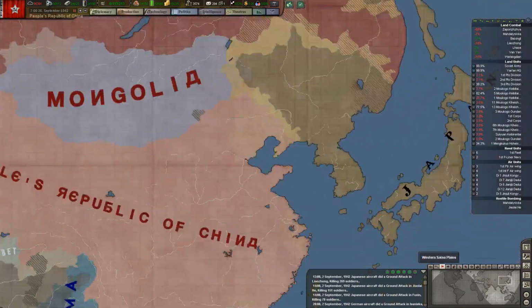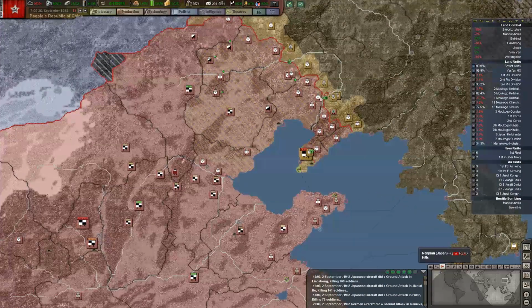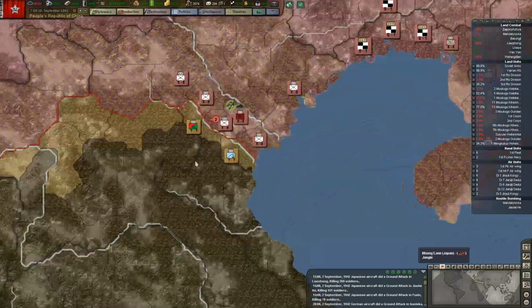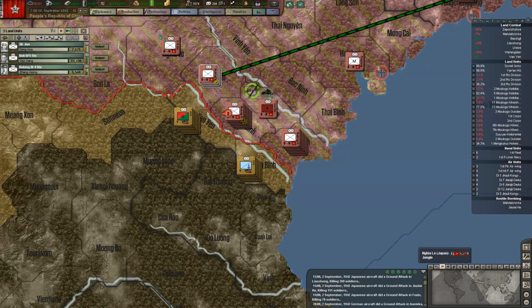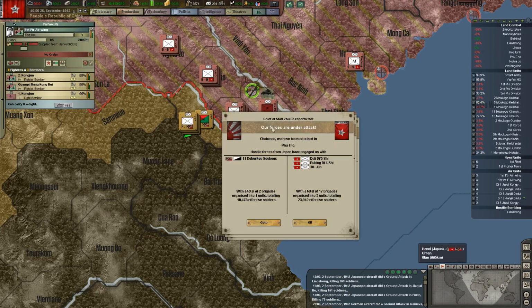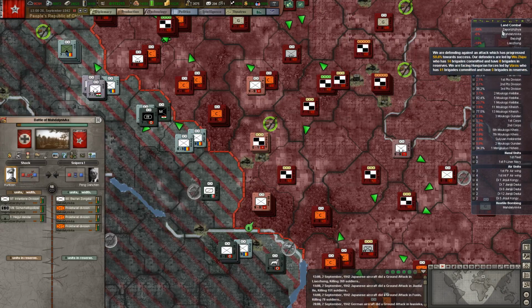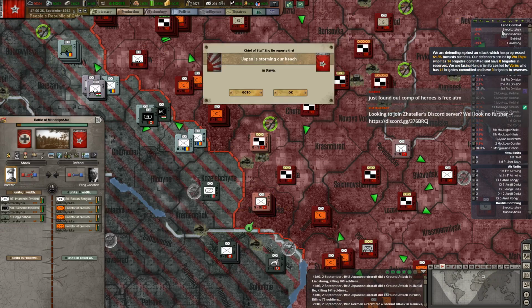But we managed to do a fair bit already. We pushed the Japanese here in the north by about 200 kilometers. We took out the holdings around China. And this battle is not going anywhere. Could have used the planes that I have here, but I decided not to. Our troops around here are...